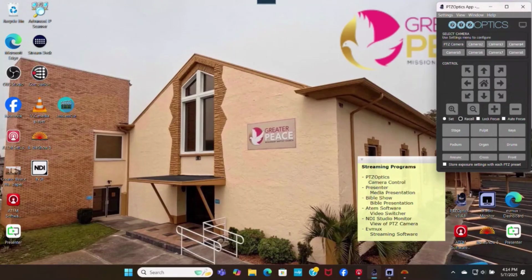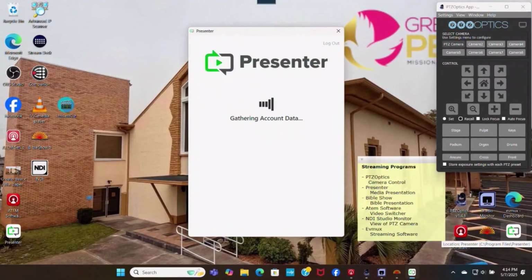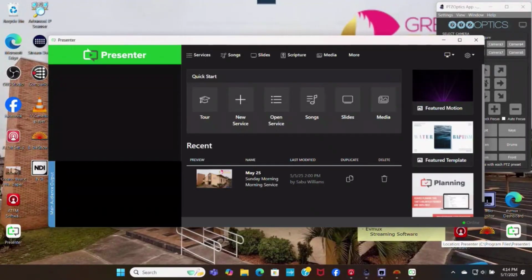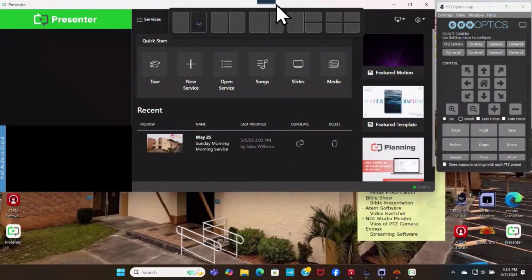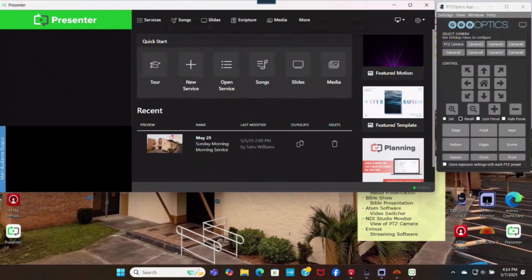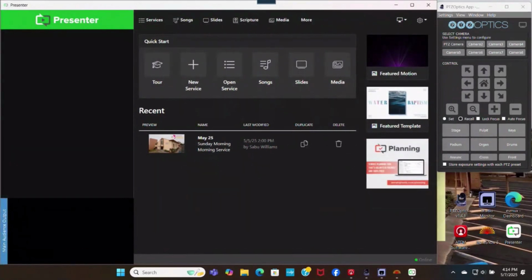The next thing we want to open up is Presenter. That's Presenter by Worship Tools. I'll go ahead and double click that. Right now it's logging into your account so it can bring up all of your assets. Again, I'm going to take this and drag this over kind of to the left so that I can still see my PTZ Optics software. Then I can take my mouse up to the top, and when the icon changes from the arrow to the up and down arrow, I can just double click it, and it's going to stretch it down to the bottom of the screen. Okay, that gives me a chance to see as much of it as I can without obscuring